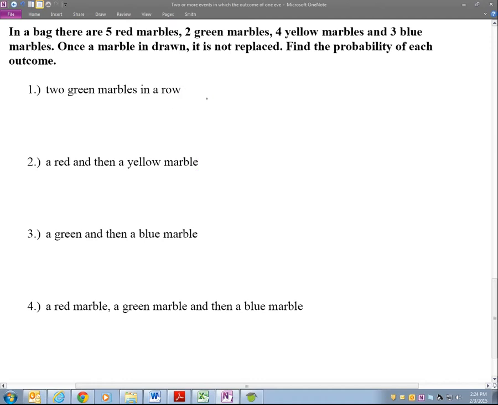In a bag, there are 5 red marbles, 2 green marbles, 4 yellow marbles, and 3 blue marbles. Once each marble is drawn, it is not replaced. So what does this red flag tell us? Dependent. Beautiful. Dependent, because it changes. Find the probability of each outcome. 2 green marbles in a row. So we have to find first